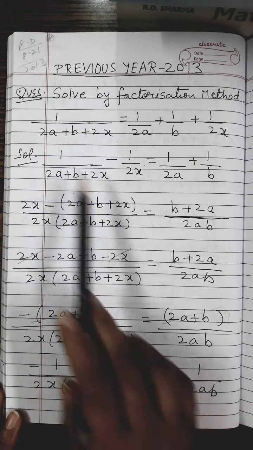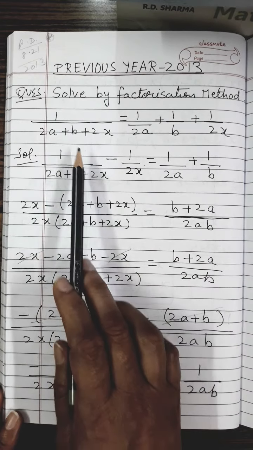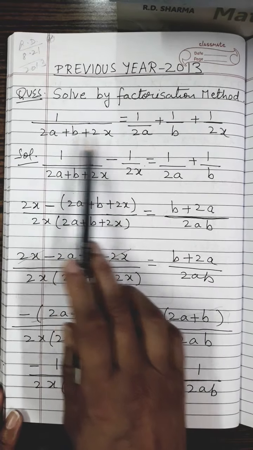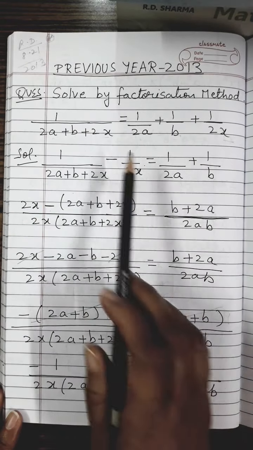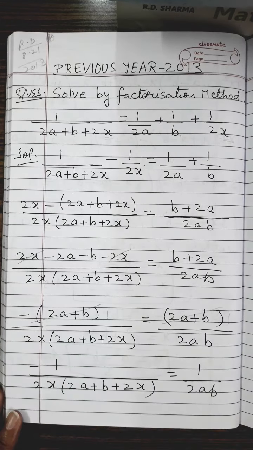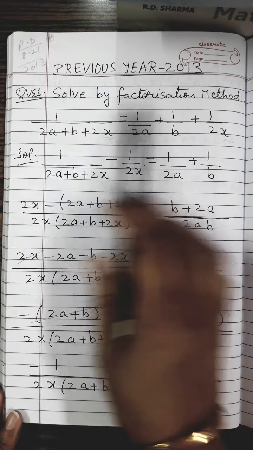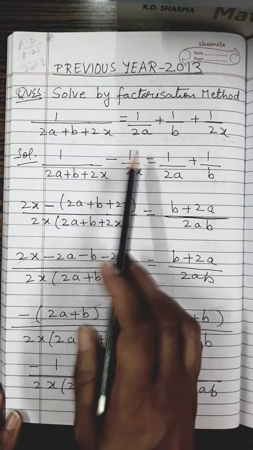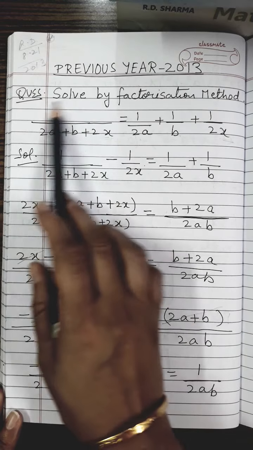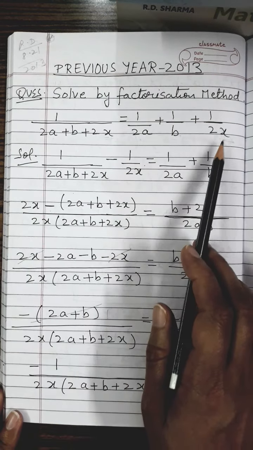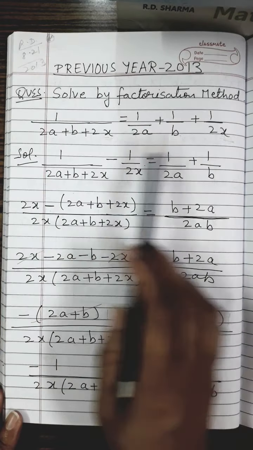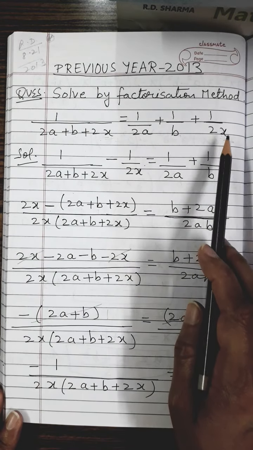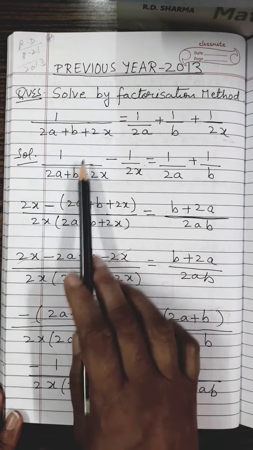The first thing which we have to understand in this equation is that a and b are constants. The only variable is x because a quadratic equation has only one variable in it. In this equation, the variable is x. So what I will do, the terms which contain x, I will bring those terms on one side. So this is the term having x in it, this is another term having x in it. So I will bring this 1 upon 2x on the left side.